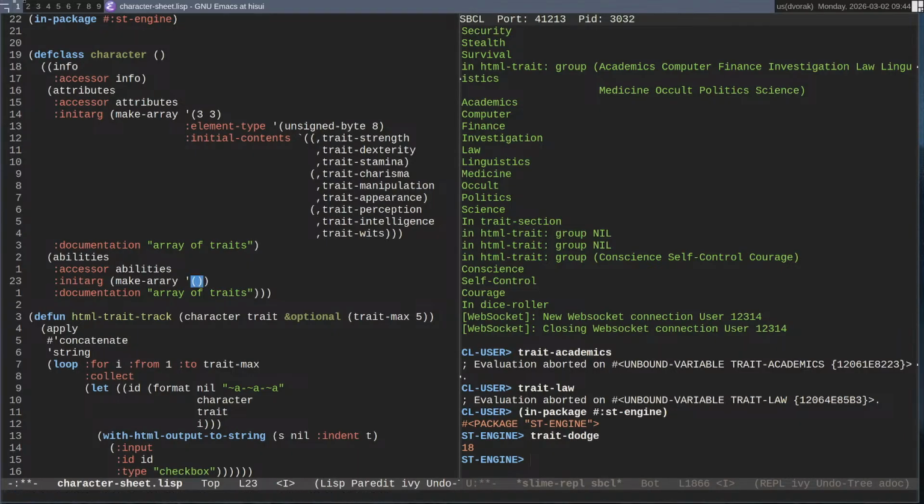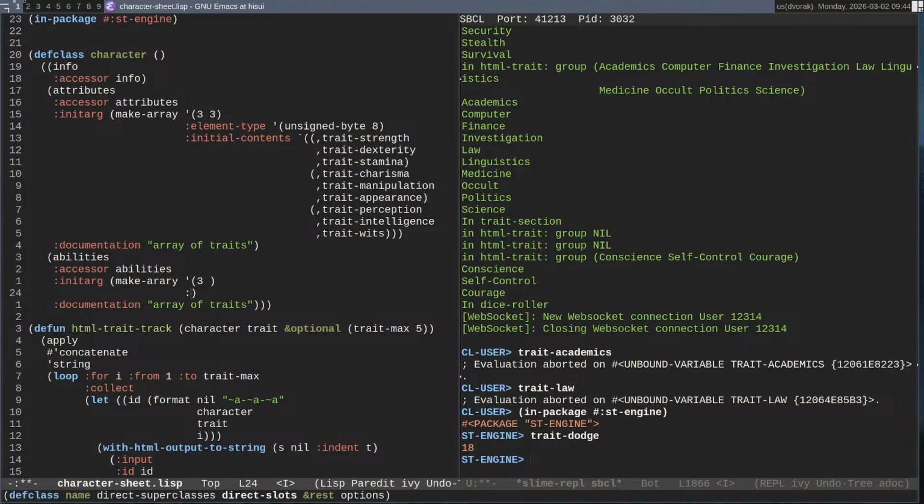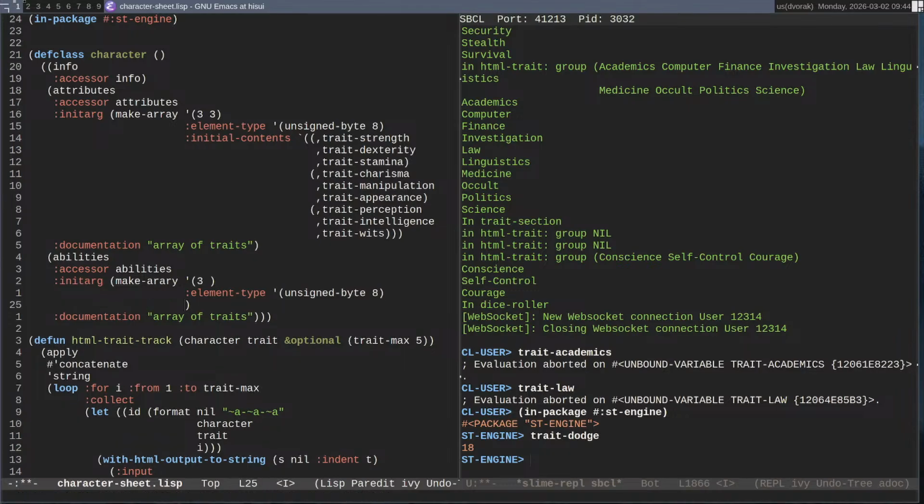It's just a little bit more of a hassle to redeclare arrays. So this one will be adjustable, right? So if I do element type, resize, that's the word I want. Type unsigned byte 8. And we will have an initial contents.